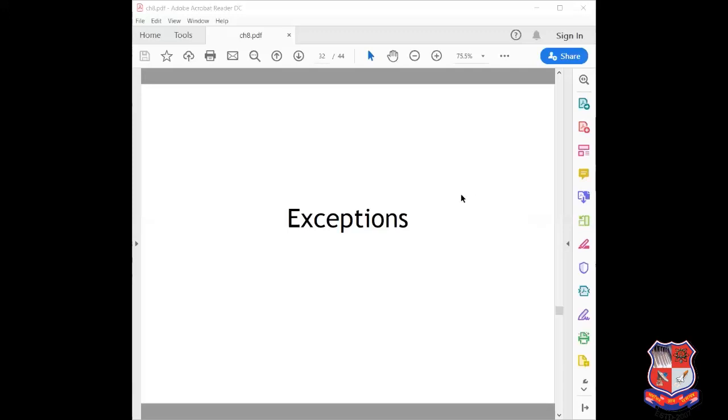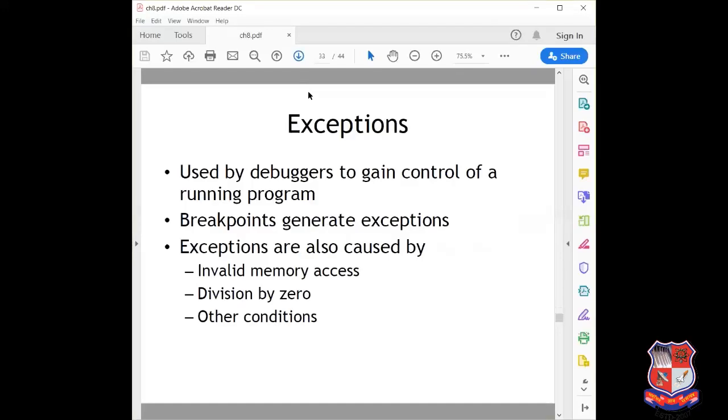The same way, exceptions are not specific to malware or malware analysis or the debugging process, but they are often caused by bugs, which is why debuggers usually handle them. So again, it is a very important part to learn about exceptions for the debugging process.